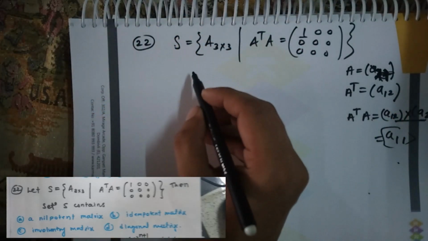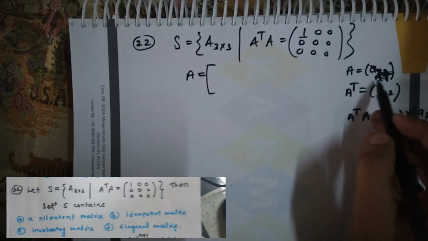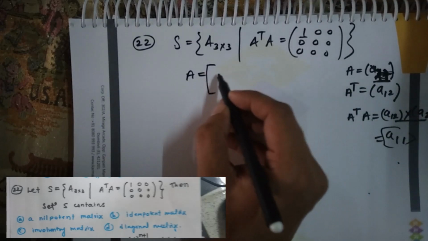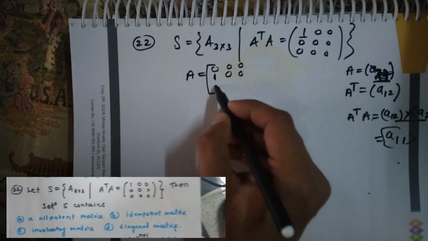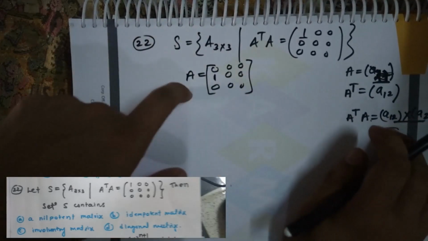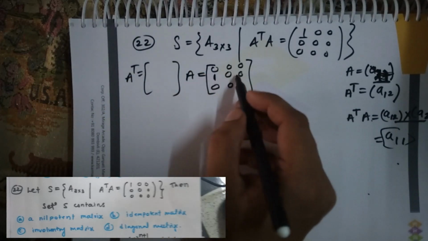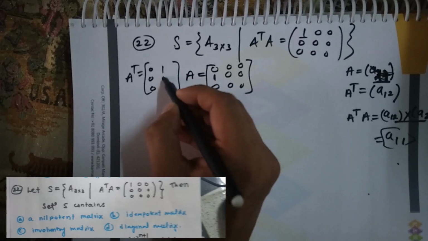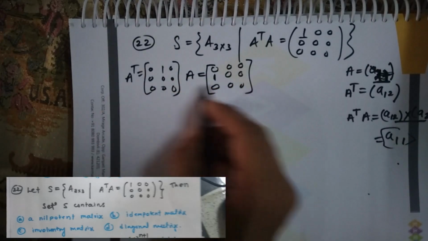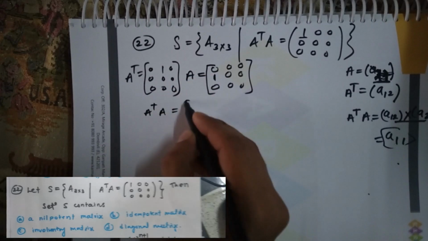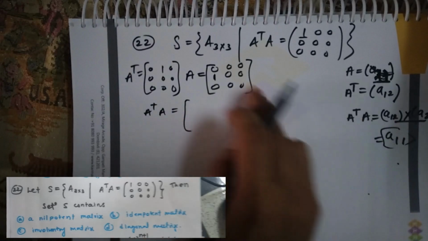Let me show you how we do that. Suppose I am taking this matrix A. What is the non-zero entry of matrix A? A21. What is the position? A21 means this here. So let's take 1 here, and all the rest of the entries are 0. This is my matrix A. Then what will be my A transpose? What is the transpose of this matrix? 0 0 0 1 0 0 0 0 0. Now let's try to multiply this A transpose A. If I multiply these two matrices, I showed you how to multiply this kind of matrix.